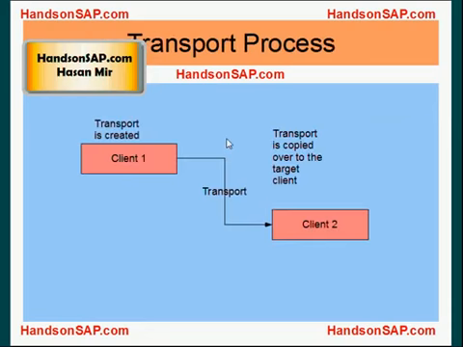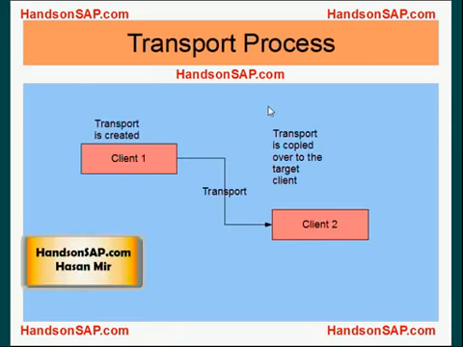Okay, now this is how the transport process looks. This is client 1 and this is client 2. So this is the source client and this is the target client. A transport is going to be created in client 1 by consultants. Each consultant would be creating transports of their own setup area. Bottom line is that the transport will be created at client 1. Now, the transport is basically copied over to client 2 so that the same changes happen in client